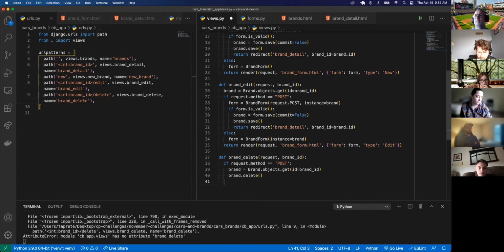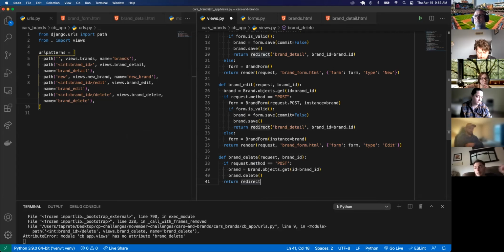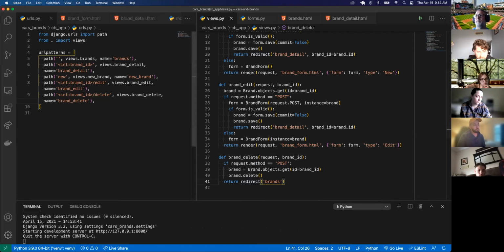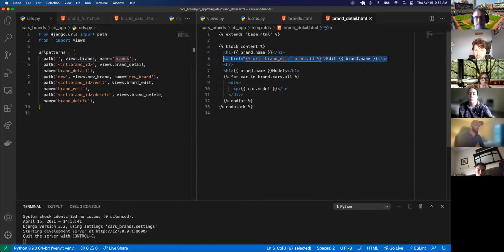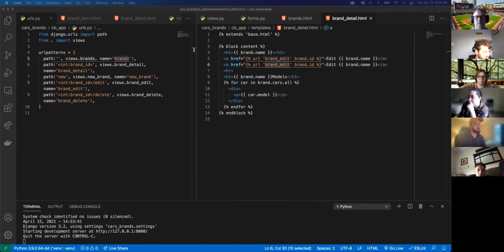and then we could just redirect, redirect to the brands page. Is it brands or brands? Because we need the route of brands. Now if we go to brand detail here, I think we need a post or like an actual form. So for the form